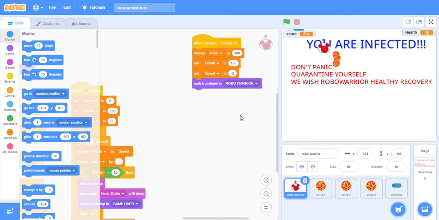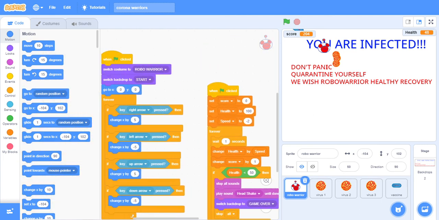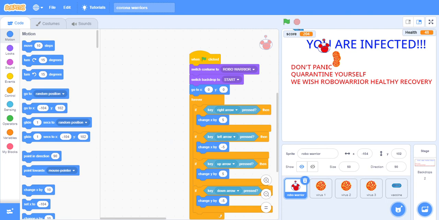So like this, I have made this game easily. You can also make it. It is very easy to make this game in Scratch 3.0, and if you use the offline version of Scratch 3.0, then it's also good. So next is how to save this project. To save it, go to the file option and you can save it to your computer. Let's go to this option and you see we can save it from here. So I have already saved it.